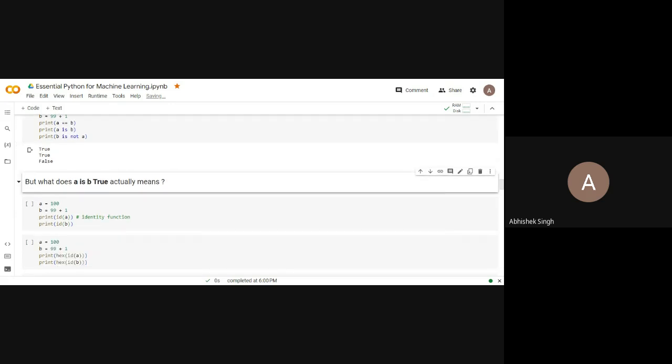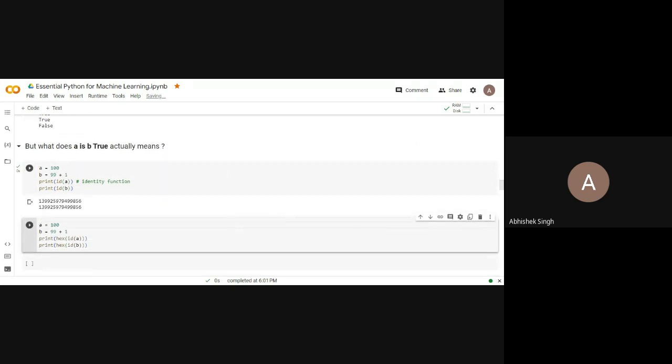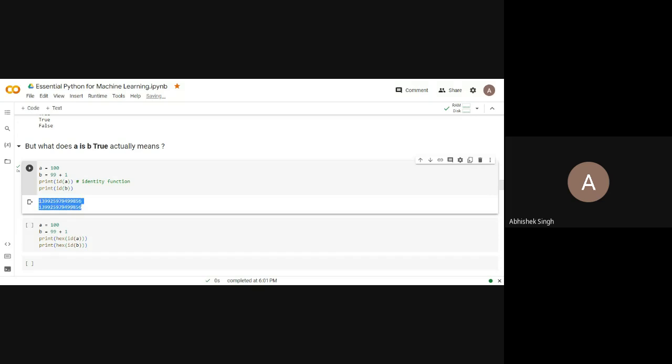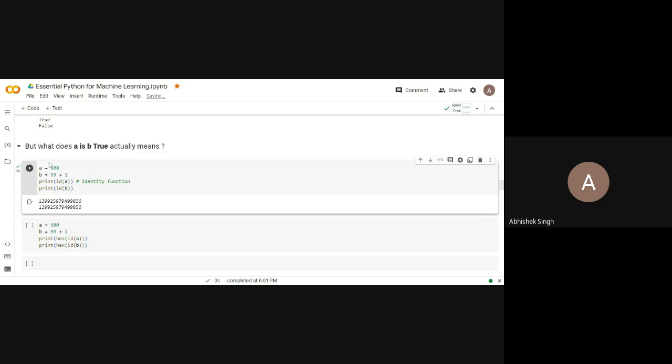And we can verify this in Python using the ID function, that is identity function. So when I run this, you can see both these numbers are equal and both these numbers are actually memory locations inside your hardware. And it is saying that A is B, B is A. It means that both are pointing to the same memory location where 100 is stored.